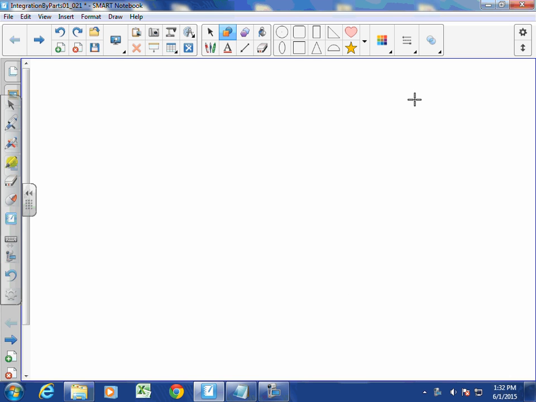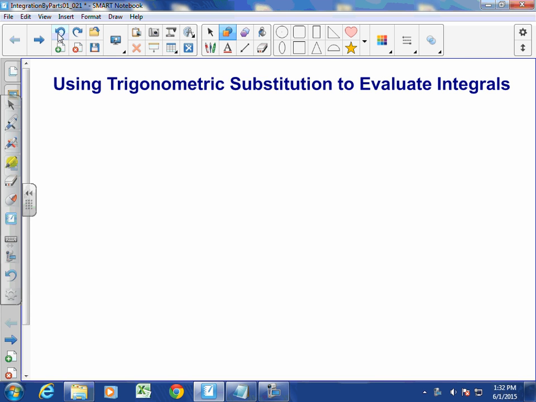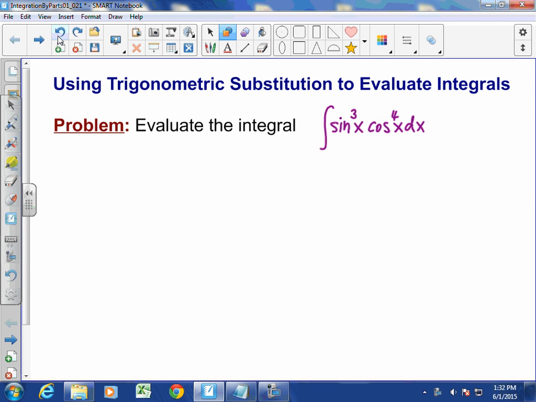This video shows how to evaluate integrals with trigonometric functions. In the case of sine and cosine, evaluate the integral of sine cubed x times cosine to the fourth x. The guidelines indicate that we should do the following. If you have integral of